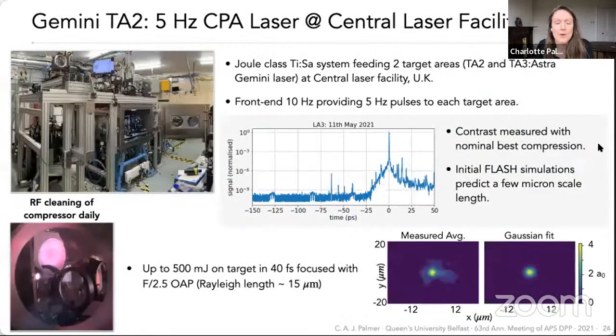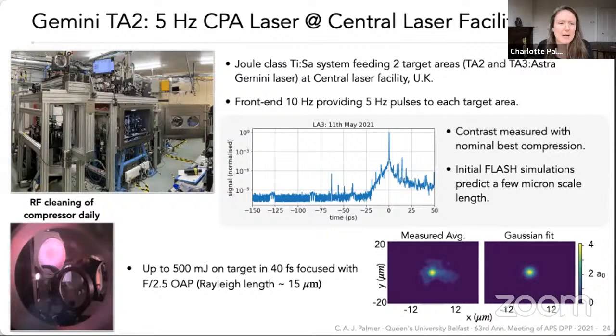So our experiment was performed at the Gemini TA2 laser facility. Actually, even the same laser facility at the Central Laser Facility in the UK. TA2 is a joule-class Ti-sapphire laser, which can deliver 5 Hertz pulses to TA2. And here you can see a Sequoia measurement of the picosecond pulse contrast, which indicates that we had around about